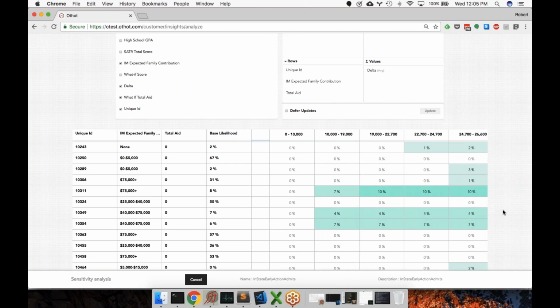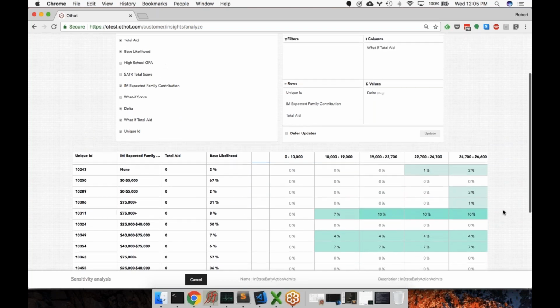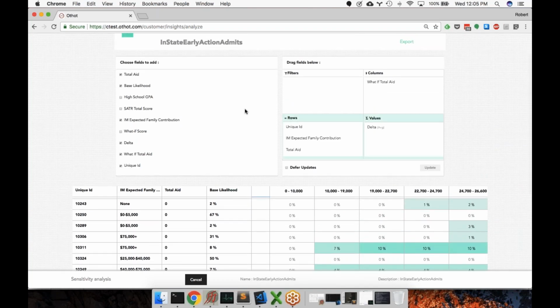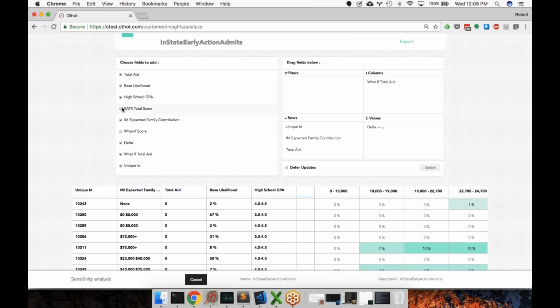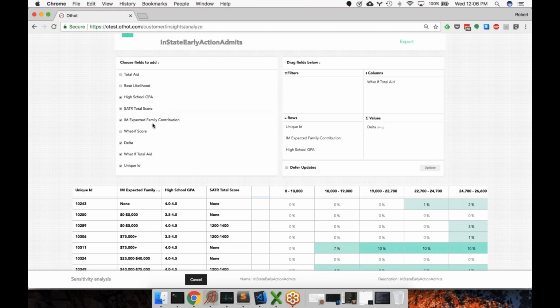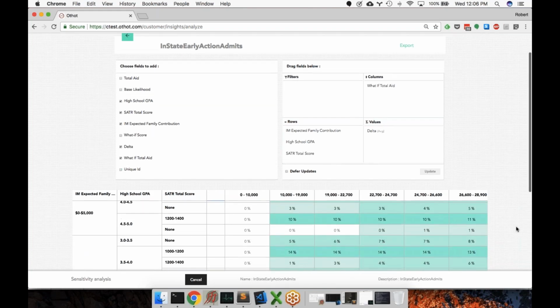When individuals are coming in, you're making decisions. It can also be used for budgeting and planning. So there's no requirement to actually look at the data at the individual level. So if we put back the SAT and GPA, we can now remove the data award. That's not necessary. And the base score. We can remove the unique ID and group all of these